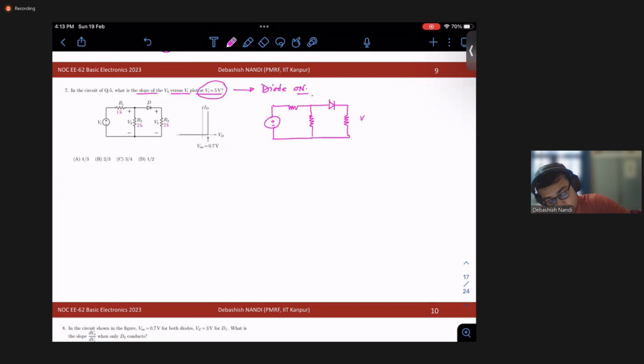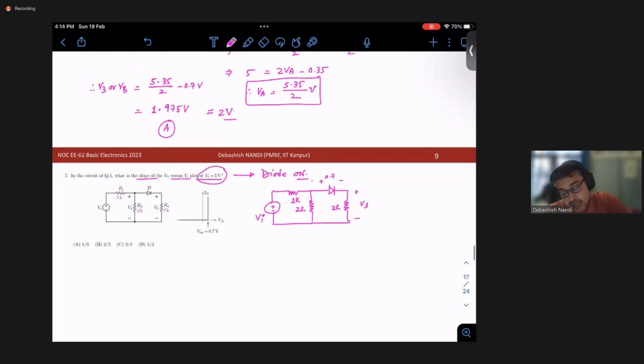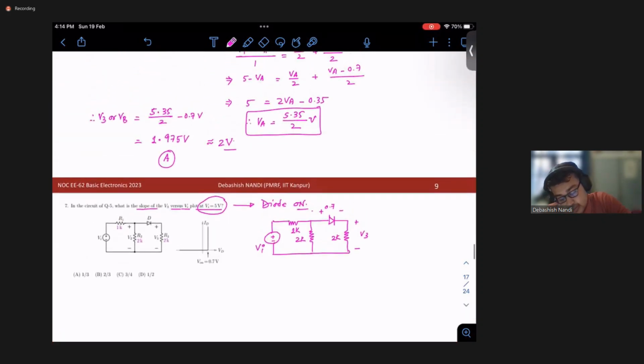So this is my V3. This is 2K, this is 2K, this is 1K. This is not Vi, because I need to find the plot between V3 and Vi, and this is my 0.7, right? So from the last analysis,